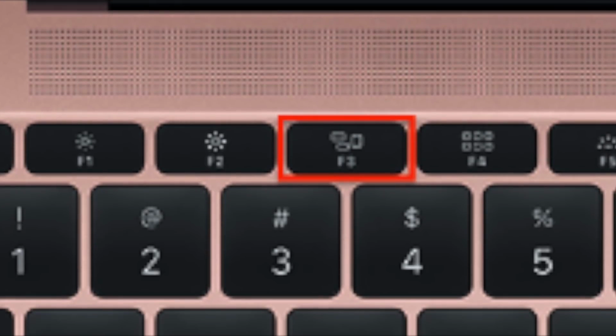Then for Mac, just simply use the F3 button. Not F3, the F3 button at the top of your keyboard. Then again, same as Windows, you can view them all at the same time. Now, since this is the same